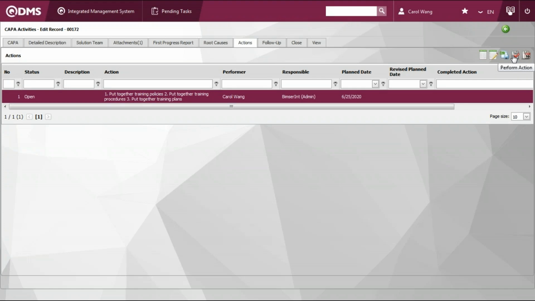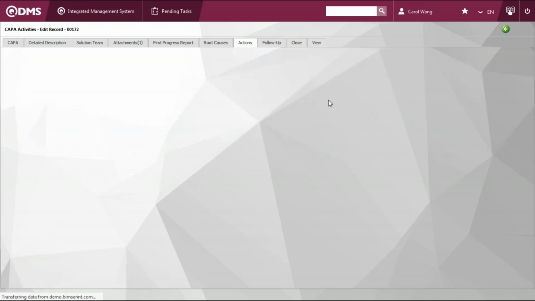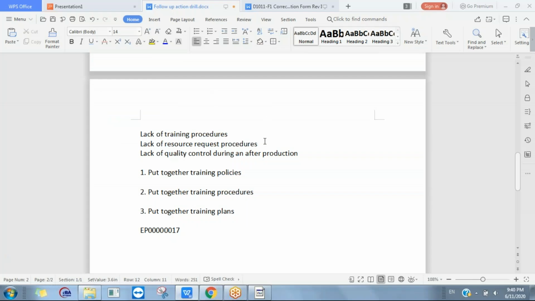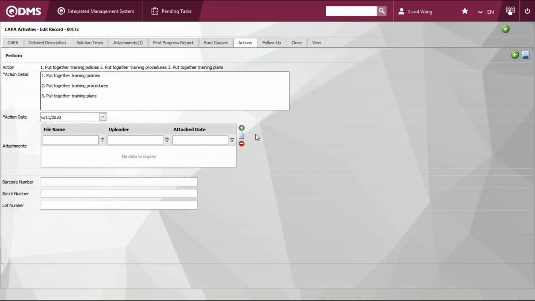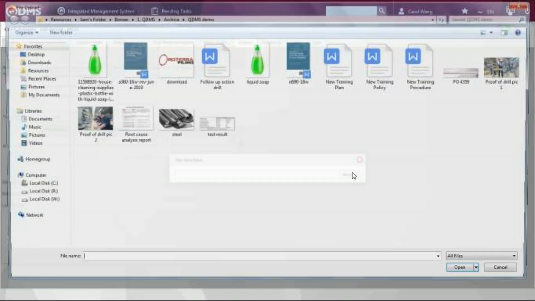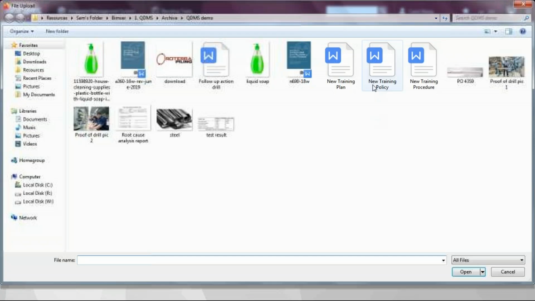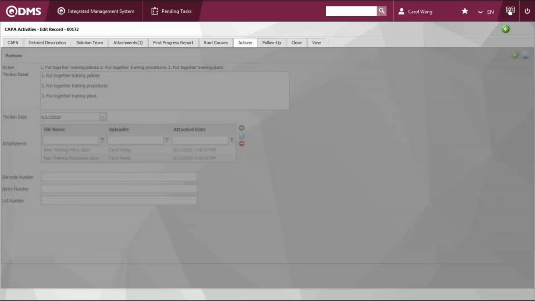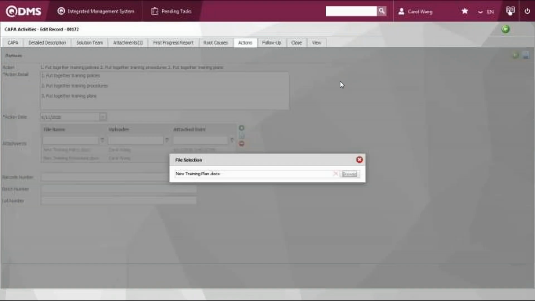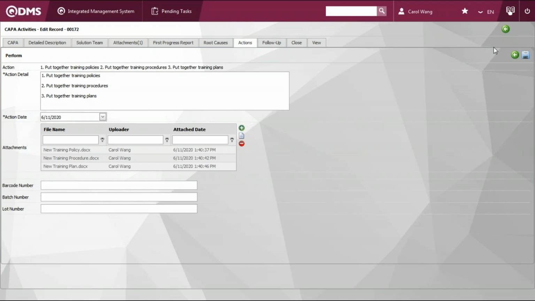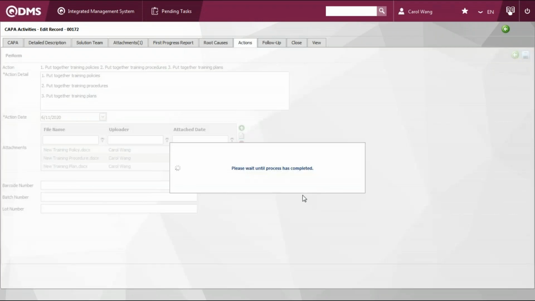So either we can update the status of this record as performed, or we can request a postponement, like an extension on the due date. So considering now we perform certain actions, like putting together all those tasks, we want to attach the policy, the procedure, and also the plan, so that we can update our documents right here and attach those from our local drive, and save this